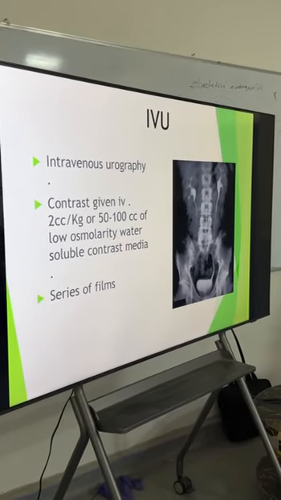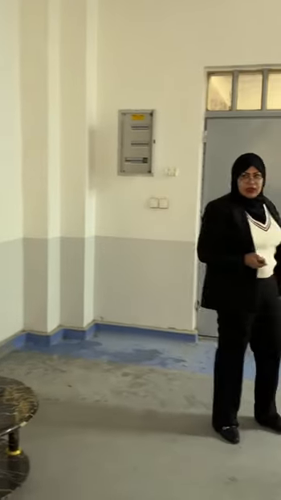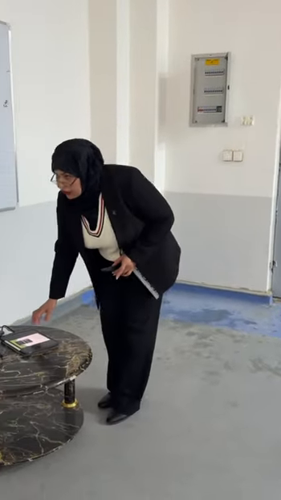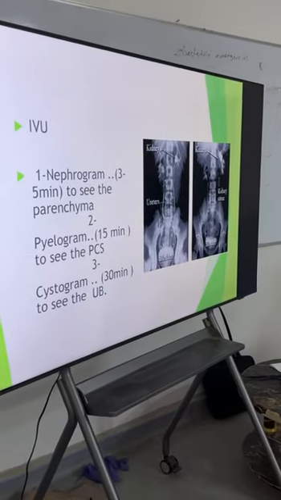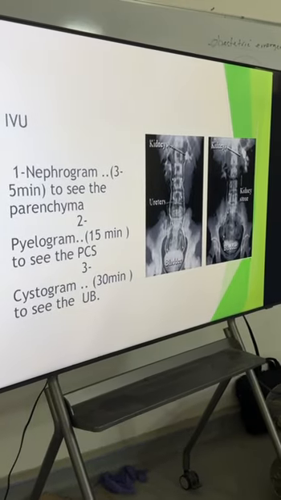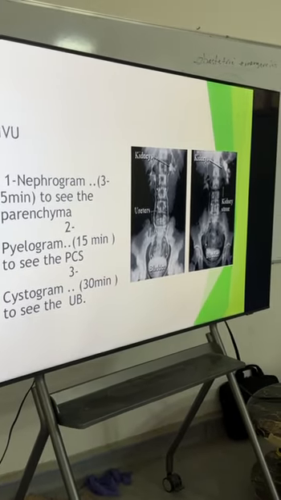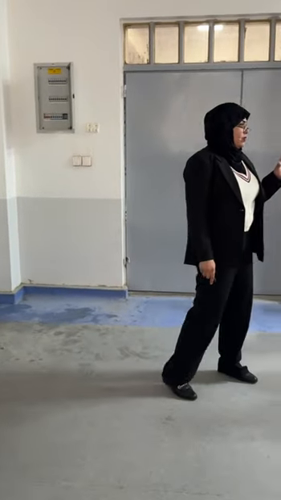Why is it a low osmolar, water-soluble contrast? Why? So that it can pass and filtration can occur, easily pass, yes. And there is no hypersensitivity with this type of contrast media. So it is easily given to those with asthma, hypersensitivity, any allergy, or chronic renal